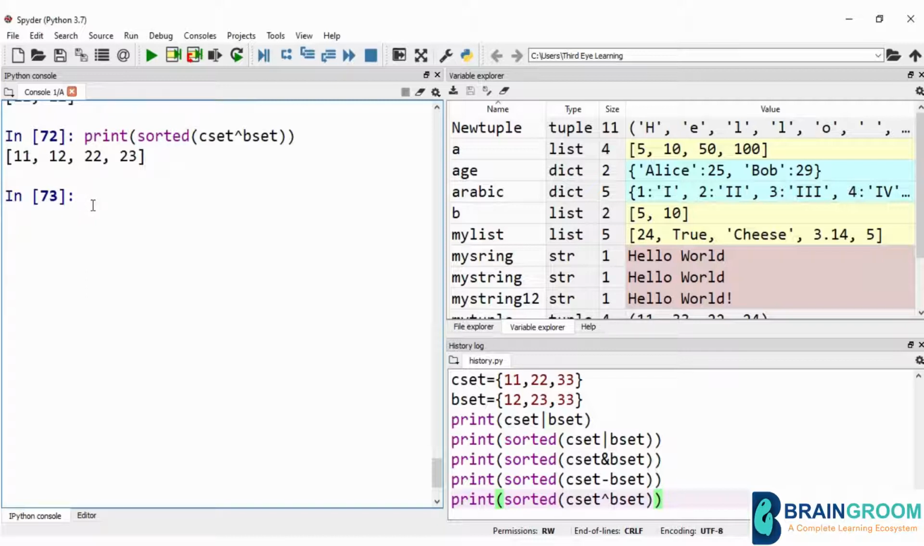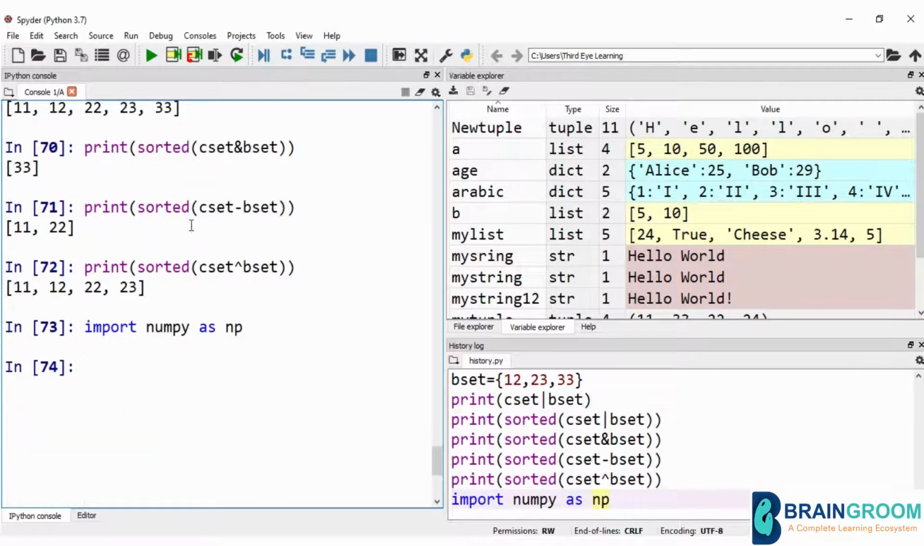So if I want to create the array, I need to import the package. Import numpy as np. This is the first step. When we want to create an array, first we need to import the numpy package. Then next I am going to create one list, array 1 equal to np dot array of